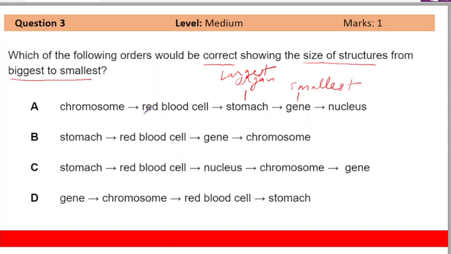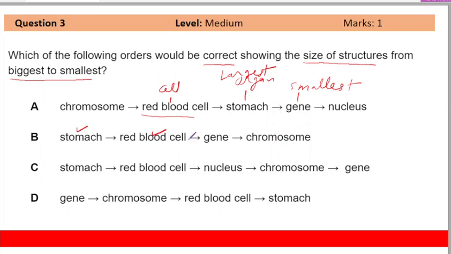Okay, so this is the largest one, and this is a red blood cell. It is a cell. It has cellular level of organisation, and these are organelles. Like gene is a part of chromosome, right? And chromosome is found in the nucleus. So largest, you can see stomach, and it is made up of cells. So organ is made up of cells. So red blood cell is smaller than this structure, the organ, and then it contains